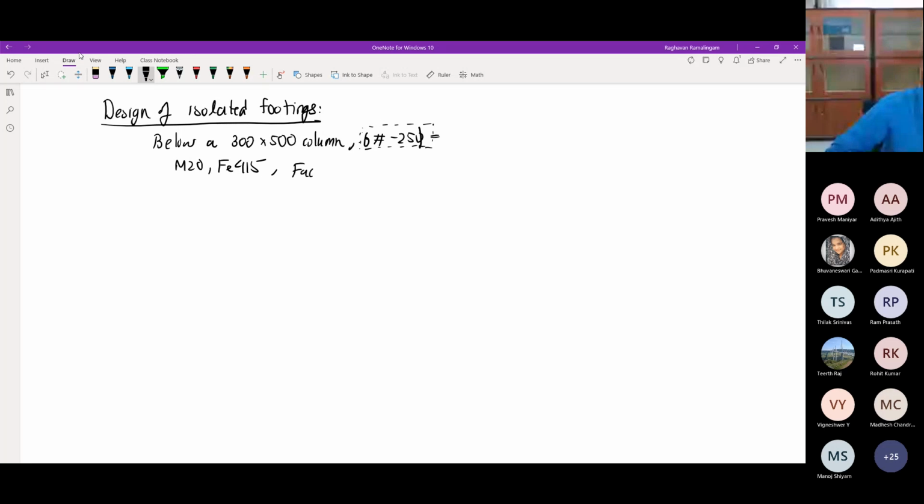Okay, so factored axial compression on the footing is 1000 kilonewtons, and there is a uniaxial moment on the footing. So the factored Mu is 120 kilonewton meter. Of course, now another important detail that needs to be given to you is SBC equals 200 kilopascals at a depth of